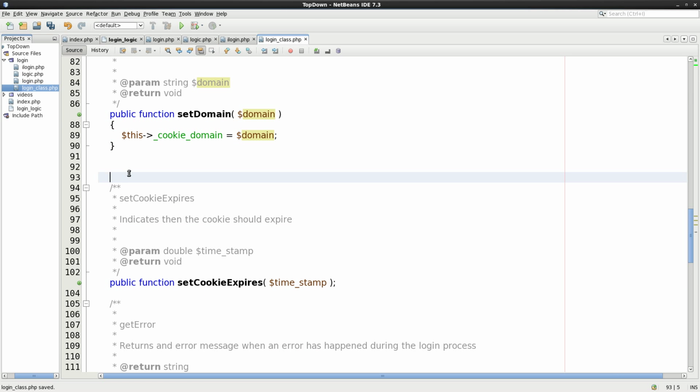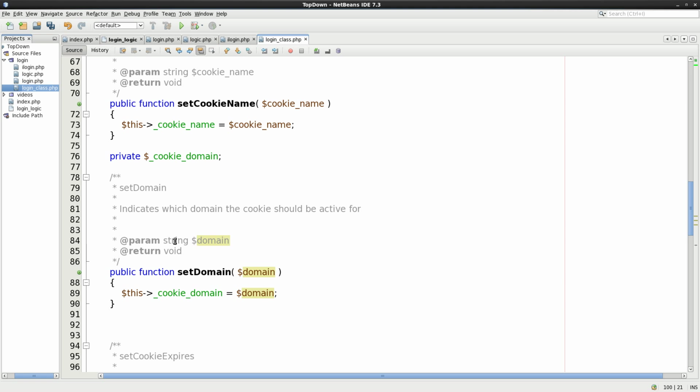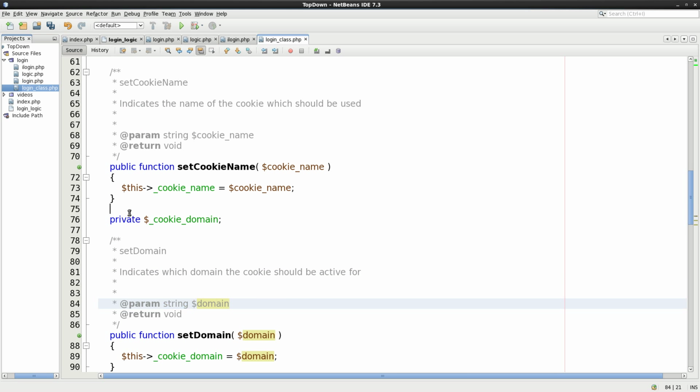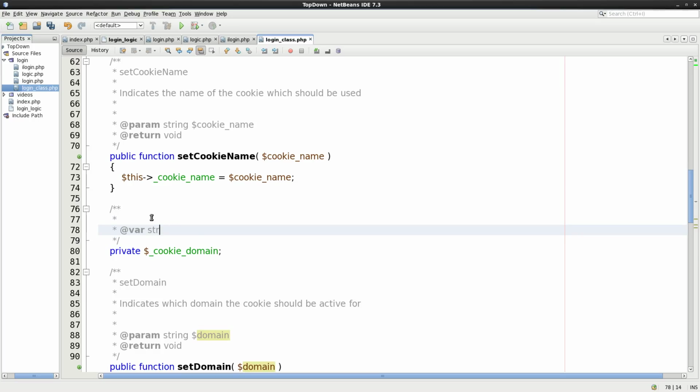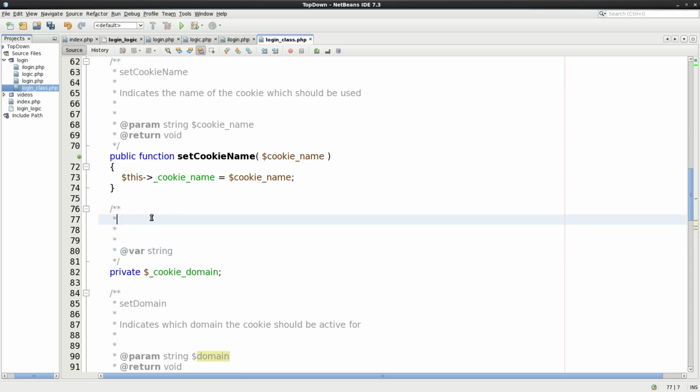Okay, then we're going to say, okay, and they're saying here parameters are double, okay, and here parameters are string. So okay, well, let's be tidy in what we're doing. Var string, we'll say cookie domain, and we're going to say,